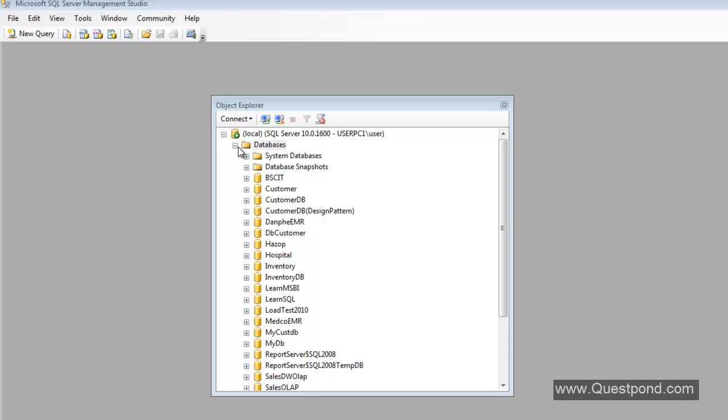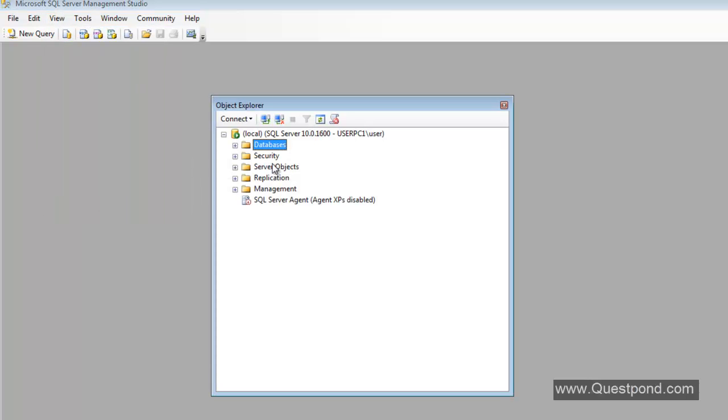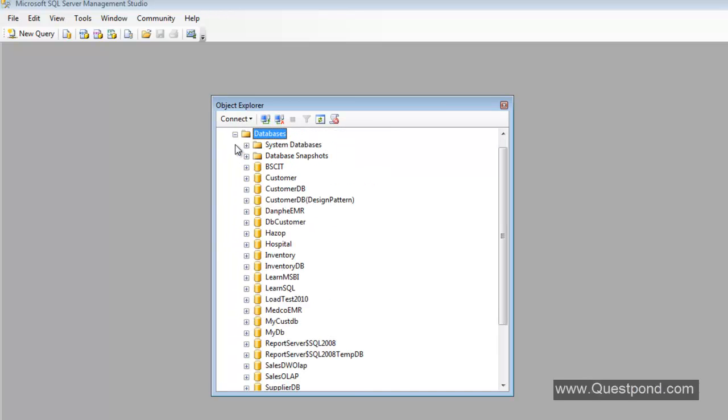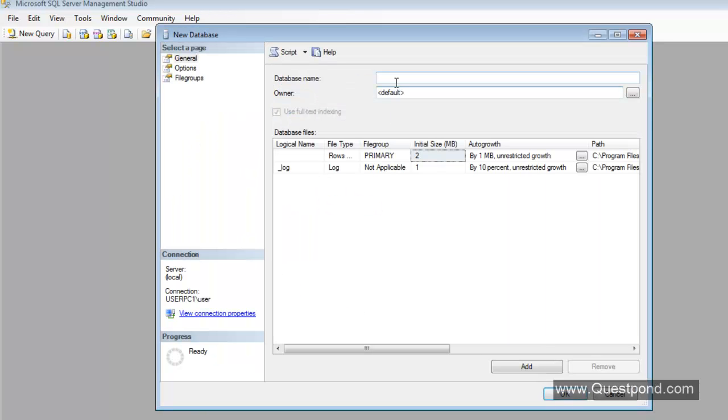In order to create a database, you have to go to the object explorer. In case you are not able to see the object explorer, you have to click on view and go to object explorer, and you need to click on this databases node over here. You can see that when I click on the plus sign, I see lots of databases here, right? So I need to create a new database. I'll click on this and say new database, and we will give a name here, invoice DB,